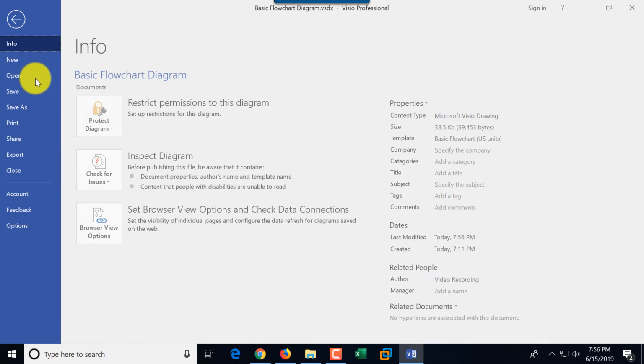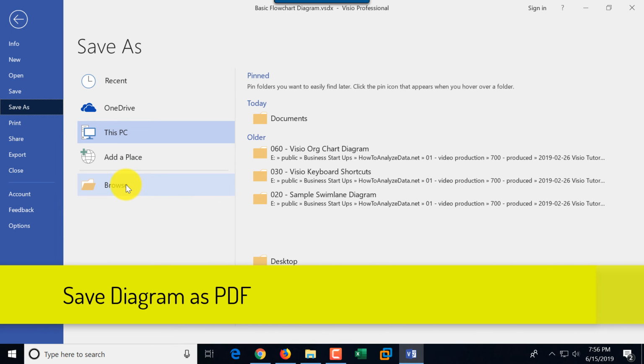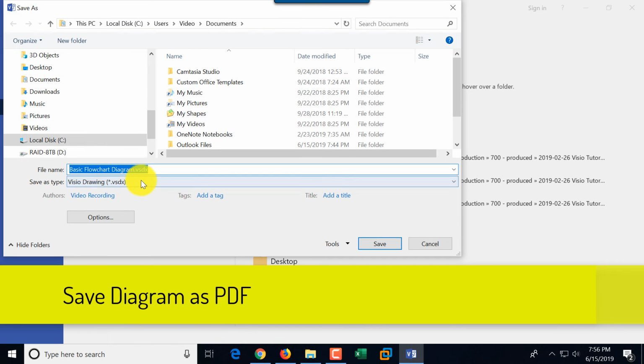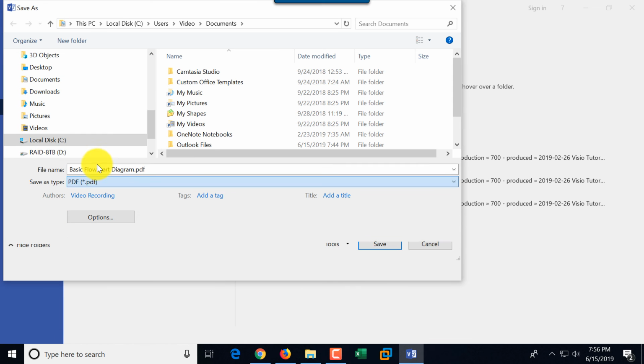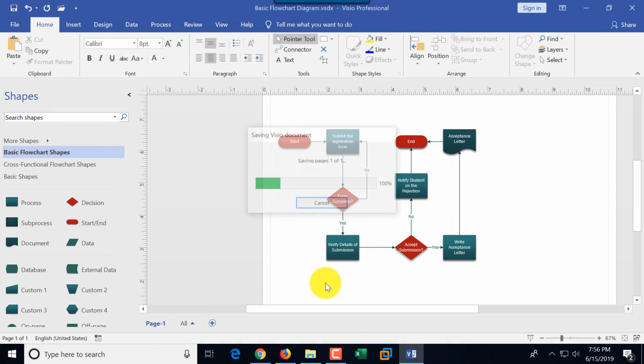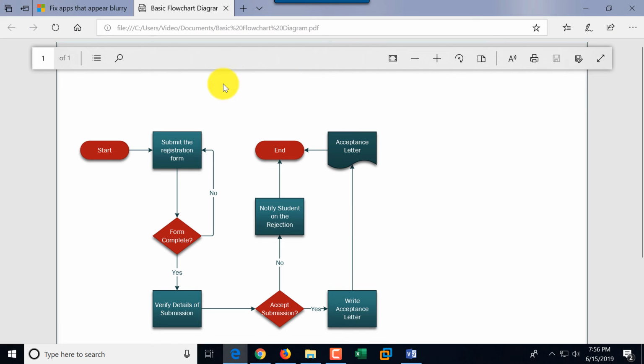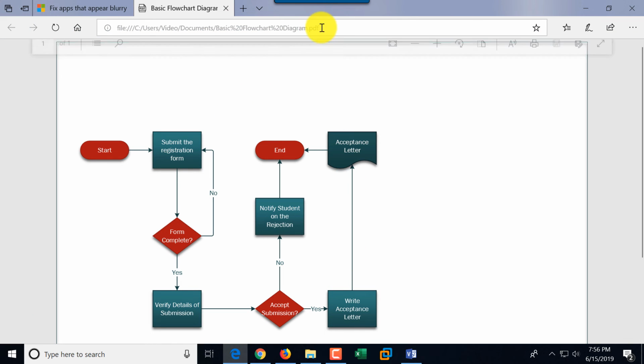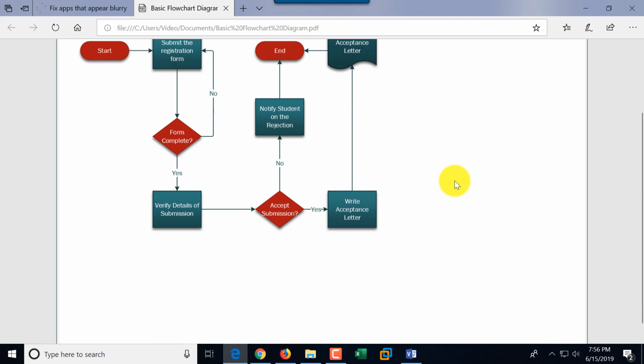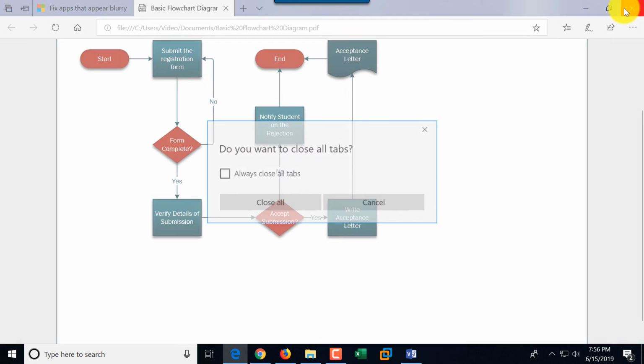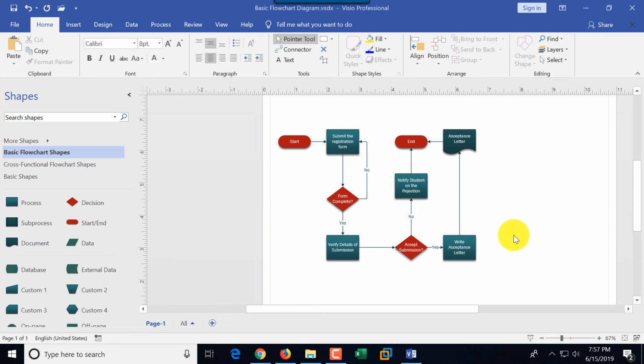But as we save it as, you have an option of saving it as PDF file, and then it saves it as PDF, and now it opens in the browser, but obviously you can open it up in PDF reader. I'm going to close the Edge browser, close all tabs,